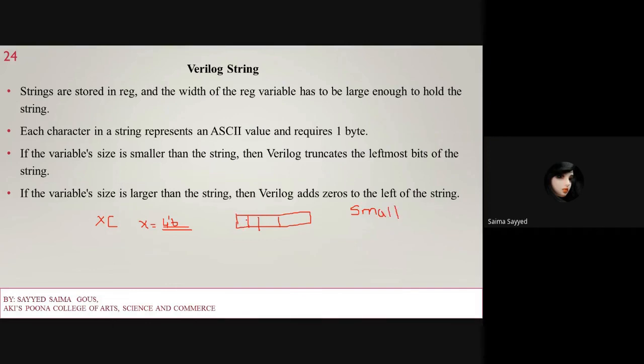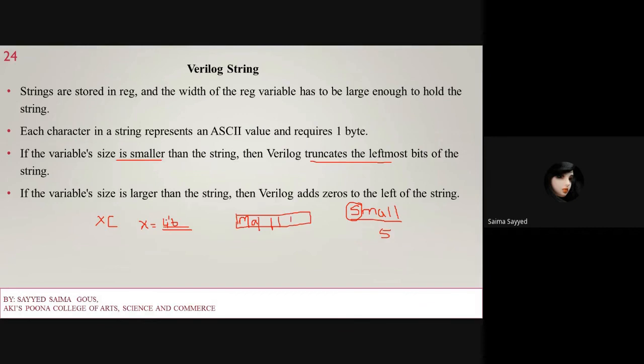How to write this? The string is of 5 characters, and here x is only 4. So how does it store this? When it is smaller, it truncates or neglects the leftmost character. So here it will become m a l l.